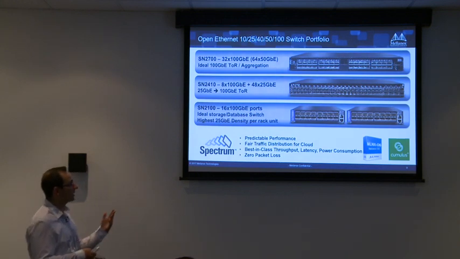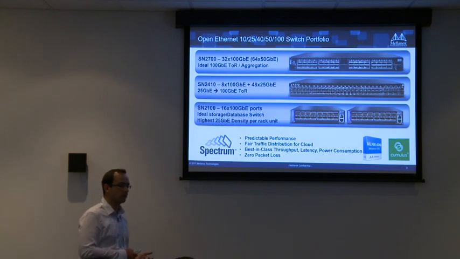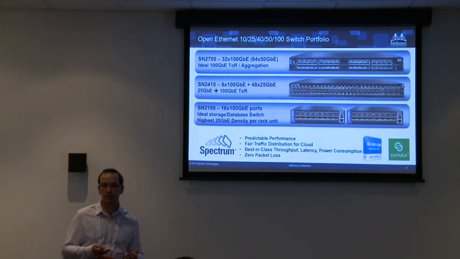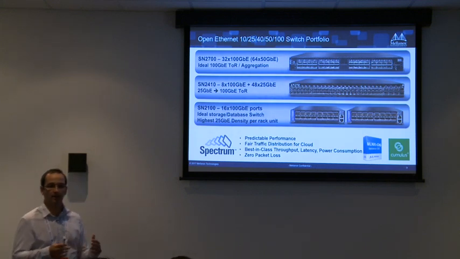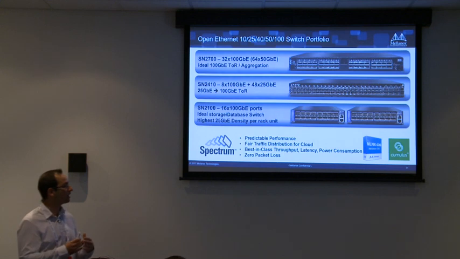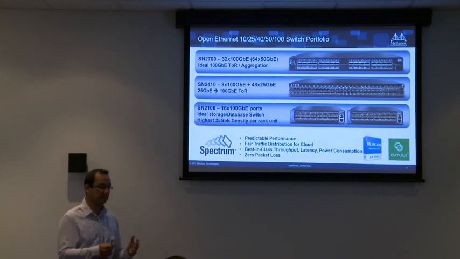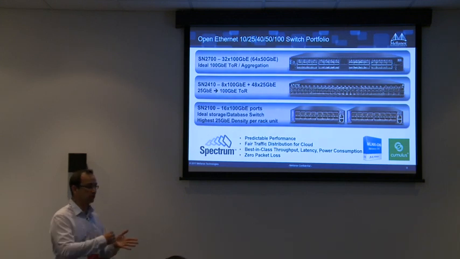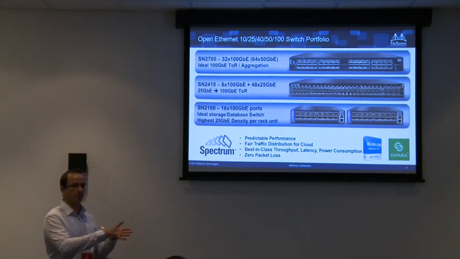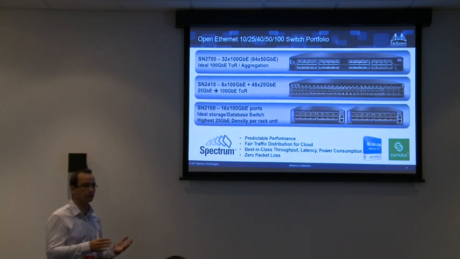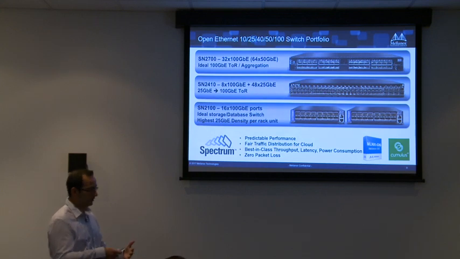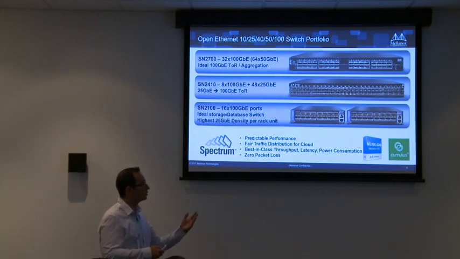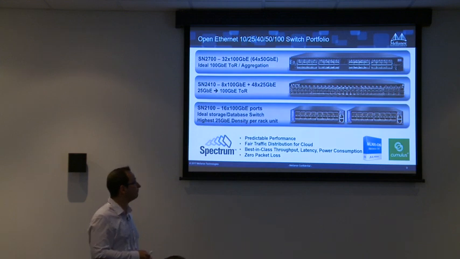All the products are running Mellanox OS, which is our OS, Cumulus Linux, SnapRoute, SONiC from Microsoft. It's an open platform switch. Everything is there from day one. Our BOM, I'm not a technical guy, but if our sales guy was here, he would tell you that if you are getting our BOM, the price for, let's say, a switch, you will see two lines: switch and support, that's it. No additional fees for features. All the features are there from day one, and you can choose whatever you want. It's not locking anything.